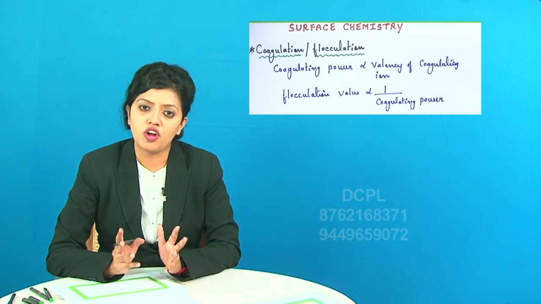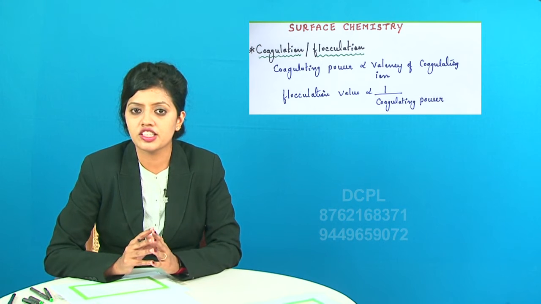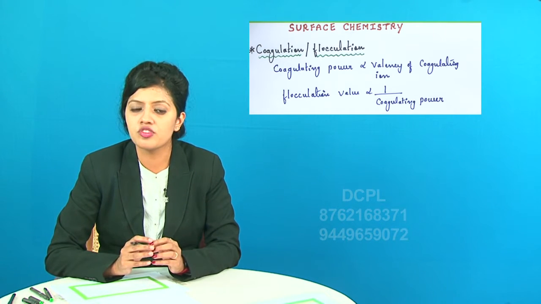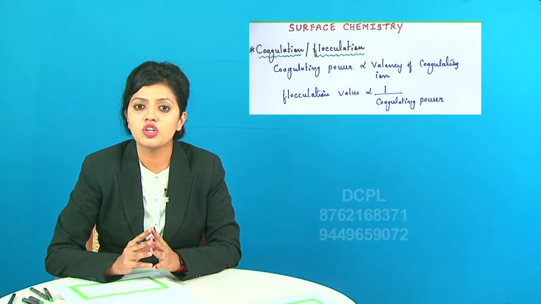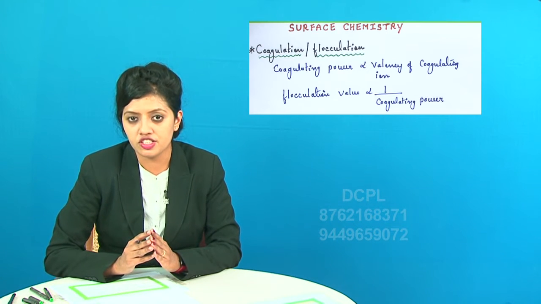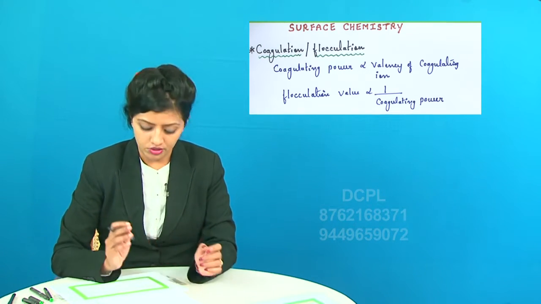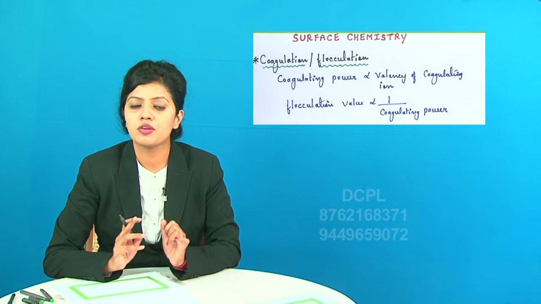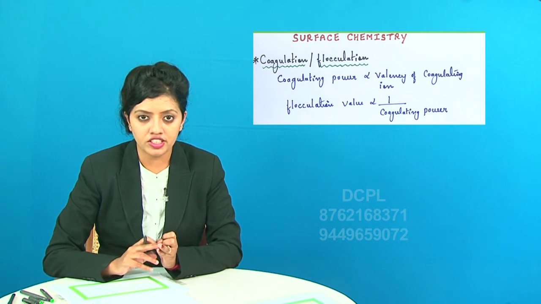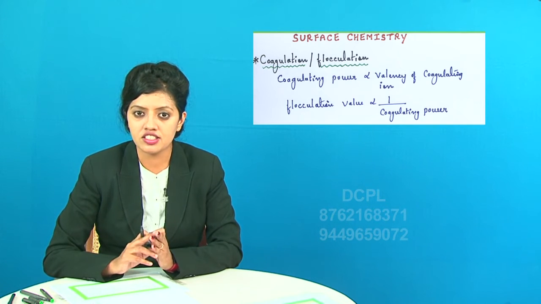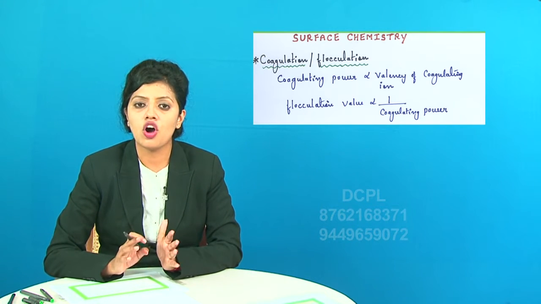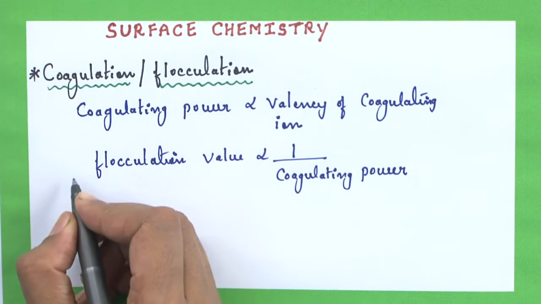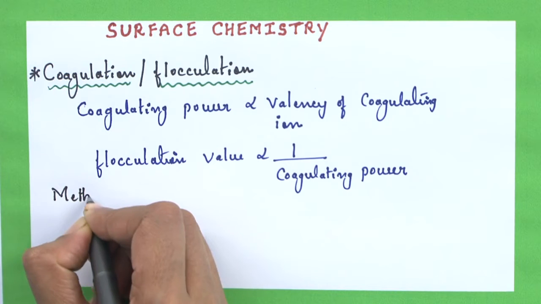So what do you mean by flocculation value? Flocculation value is nothing but the minimum concentration in millimole per dm cube which is required to bring about the coagulation. Now let us learn about the different methods of obtaining coagulation: by heating, by boiling, or by repeated dialysis, through electrophoresis, or by simply addition of an electrolyte. The different methods of coagulation are: